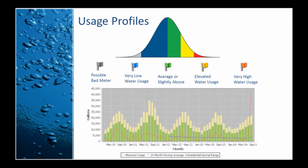One of the key elements of the analytic engine is the usage profiles that the system calculates and maintains on every meter. This screen shows us a couple of views of that. The top one is just representational of how the analytics work, and the bottom is an actual screenshot of one of the charts representing one of the usage profiles. At the top, what we see is a distribution. Most of your customers are going to cluster around the mean. So what we see there at the peak of the curve,